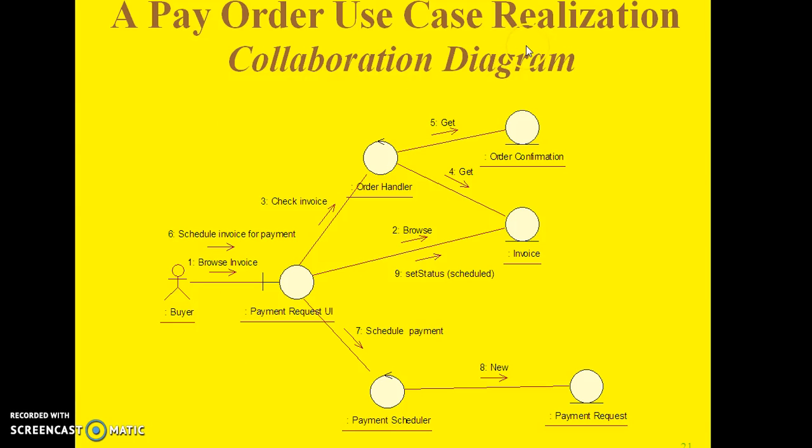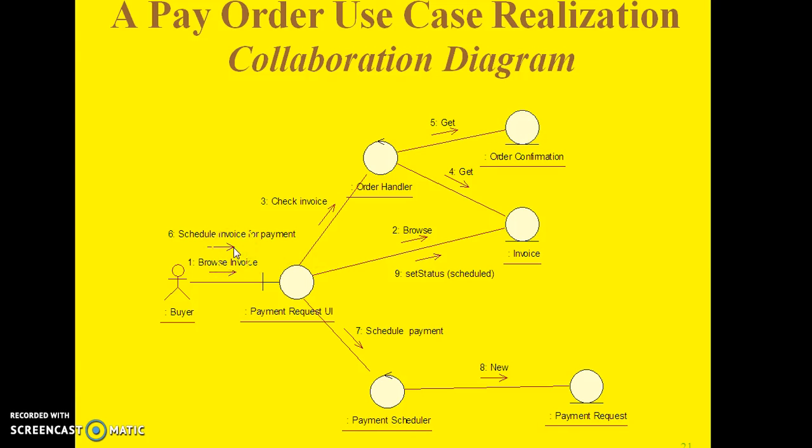In a pay order use case realization diagram, the sequence of collaboration classes can be linked with messages. For example, a buyer browses for invoice, that is the first message, and the second message can be browse option, which generates the invoice, and the third message is check invoice, which goes to the order handler, and the fourth message is get, which again comes to the invoice class, and the fifth message is get order confirmation, and the sixth